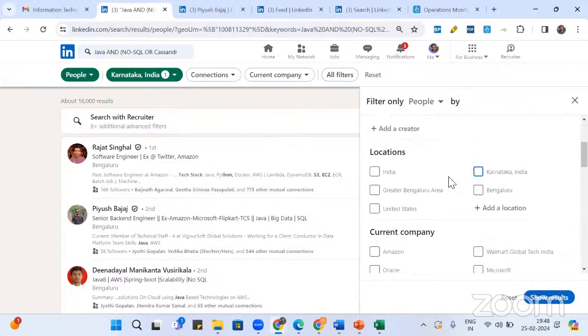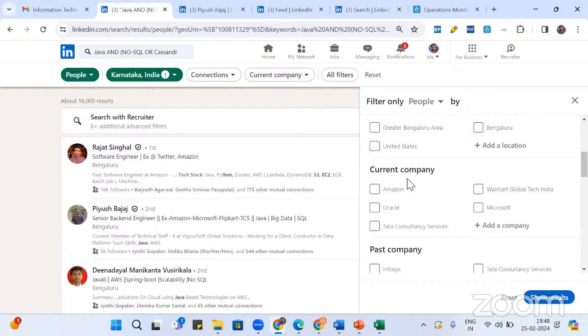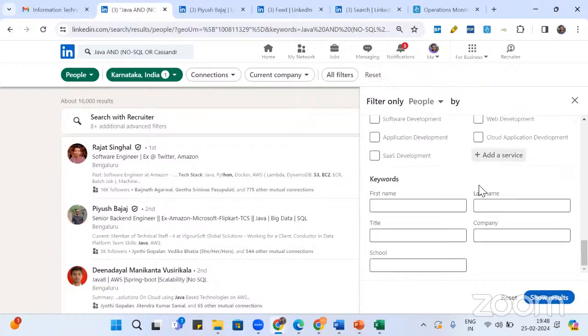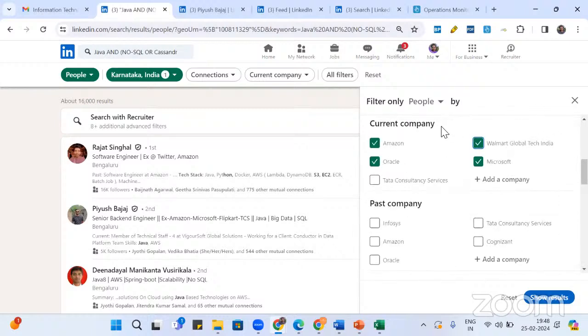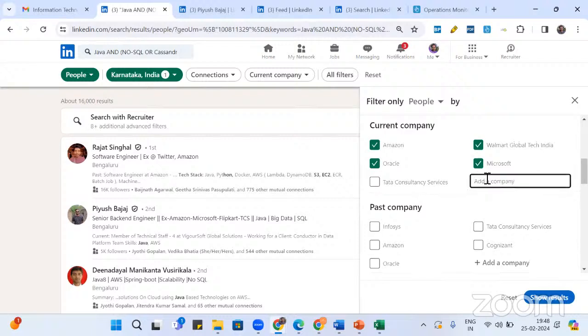So this is how I can, first of all, any drop-down feature, we can add as many as possible, but to keep it most optimal, I will say, don't cross beyond 100, keep it 70, 80 at the max. Similarly, current company. If you have a list of current companies, just go ahead and keep adding the list of current companies like Amazon, Oracle, Microsoft, Walmart. Now let's say I'll add